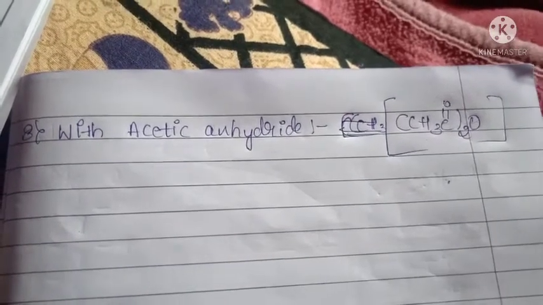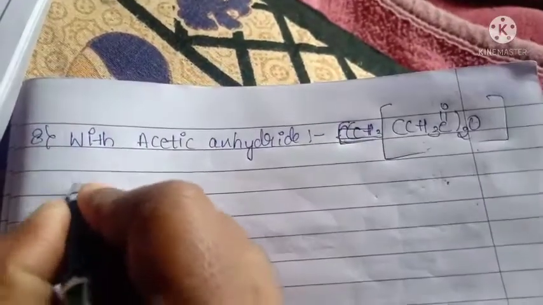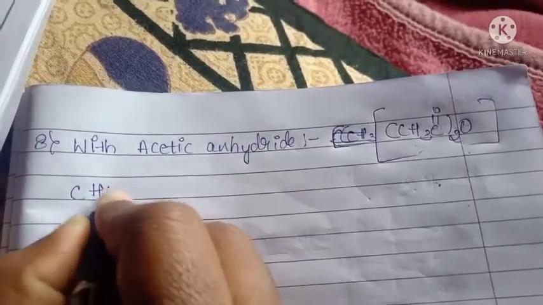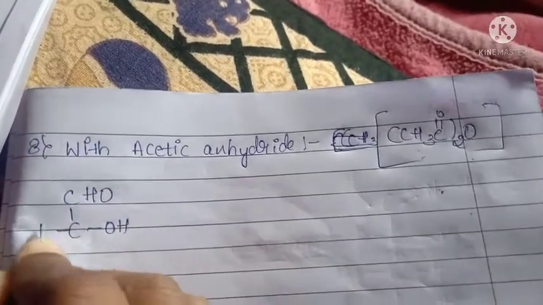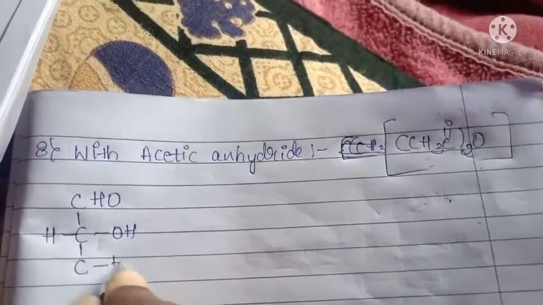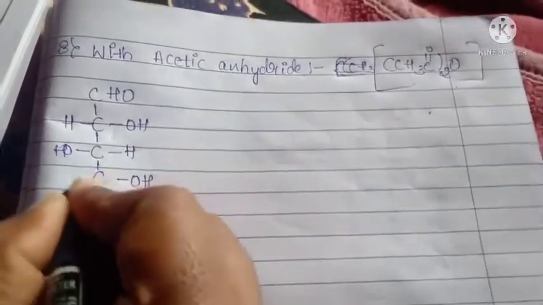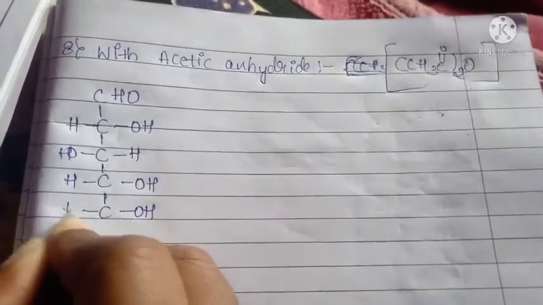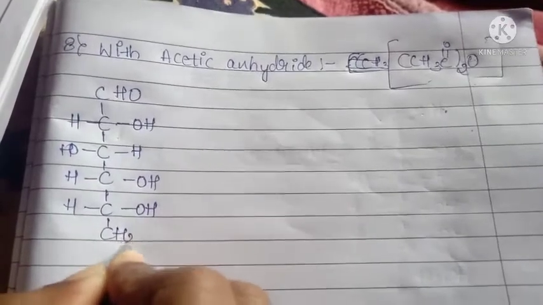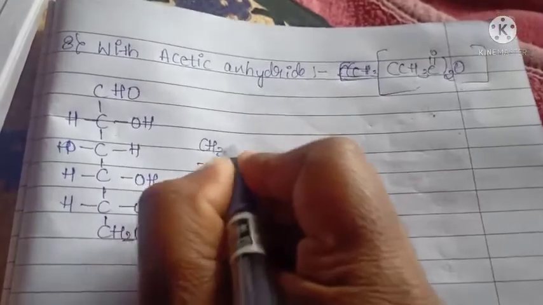The other groups react with acetic anhydride. Here you have to observe this CHO, COH H, CH OH, COH H, OH, H, CH2, OH. This alpha D glucose reacts with